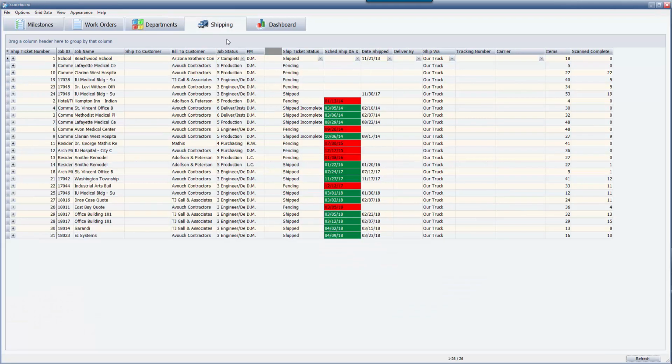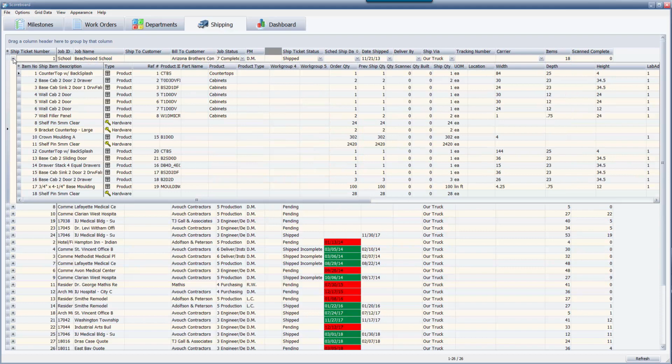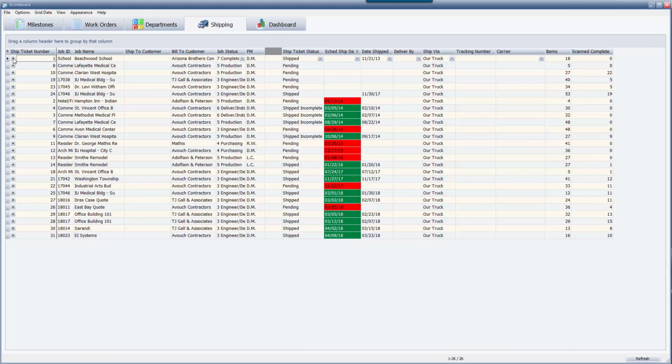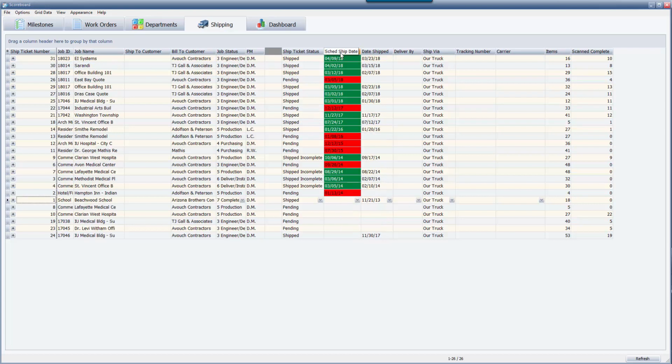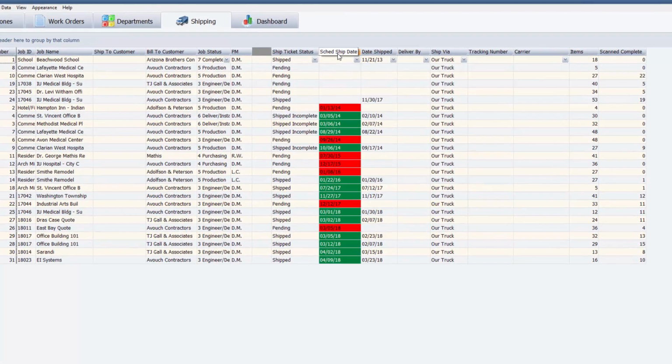The Shipping tab shows ShopPack ship tickets, and within each ship ticket, its ship items. You can sort grid rows in ascending or descending order on any column, or combination of columns. Move your mouse to a column header. Click the column with your left mouse button. This toggles how the column is sorted. If the sort arrow is pointing up,